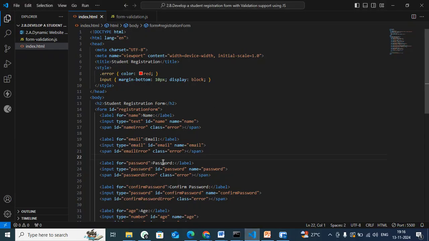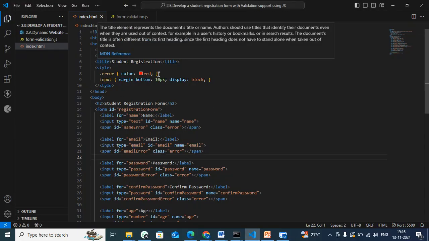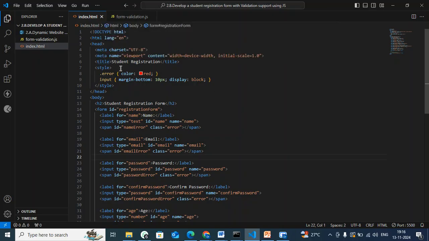So here is our HTML page, where I said my title should be student registration. That has been included in the title tag, in the head tag. In the head tag I have included the title tag; it comes under the head tag only. And using CSS I have done the styling part. Wherever an error occurs, that we have seen, where if we didn't put the at the rate symbol,